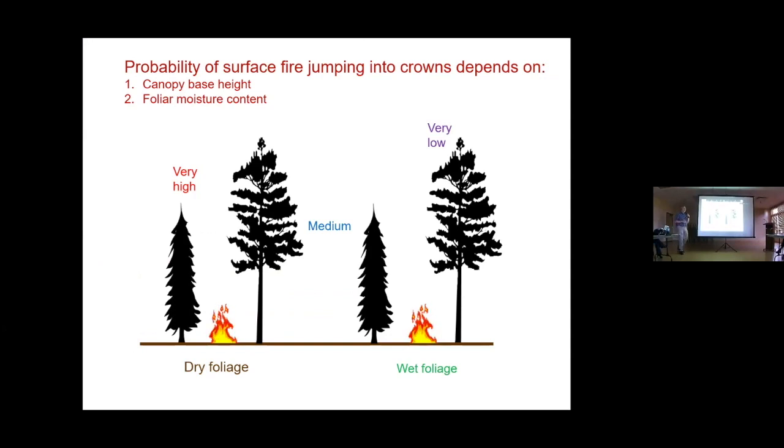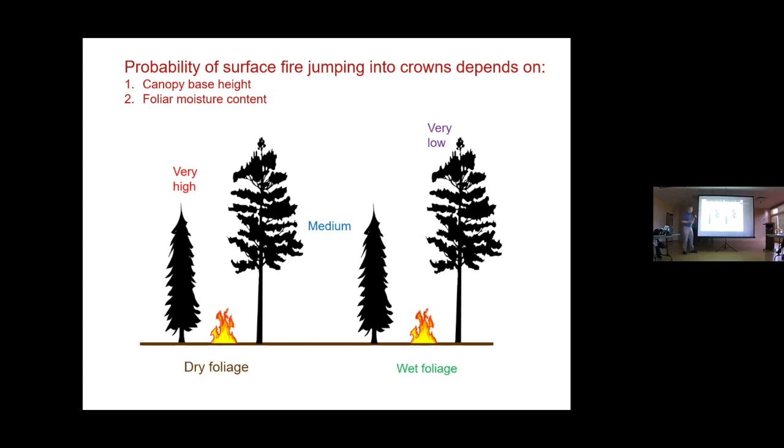So a fire is running along the surface and will make a decision: jump into the canopy. Well, if the foliage is dry, if it's a drought and the water content is pretty low and the base height is low, then there's a very high chance it will jump into the canopy. Old young jack pine forests, for example, very easy to have a crown fire. And don't let anybody try to convince you that young forests aren't as flammable. They are. They don't support as much intensity